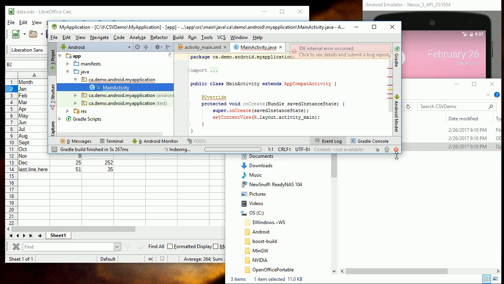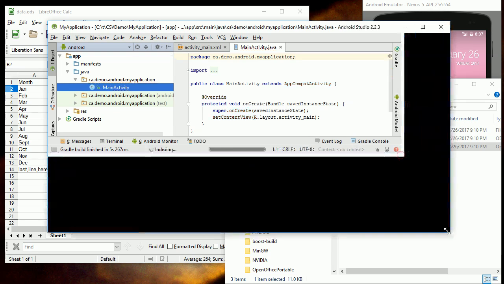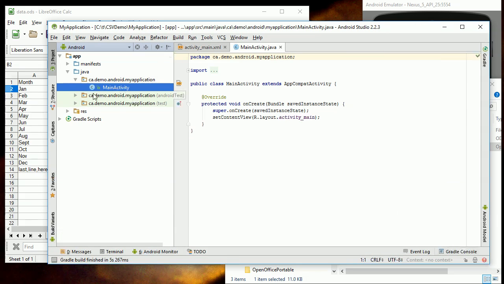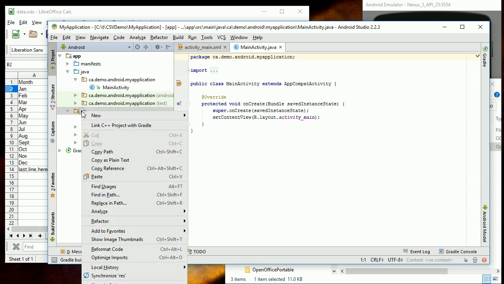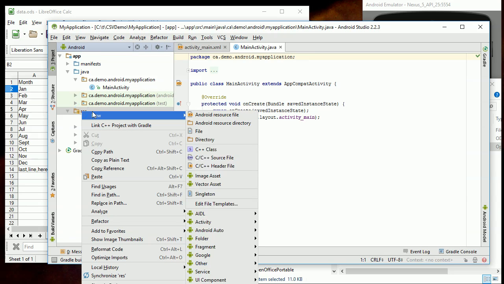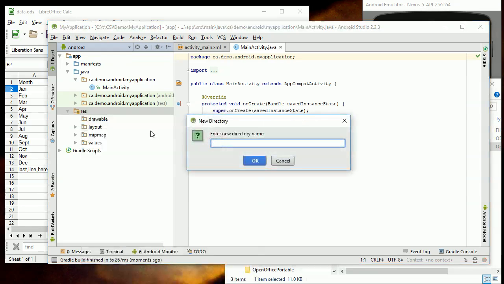So now what I want to do is somehow get it in here. I'm going to put it in through the resources. So on the left-hand side here, there's a resource folder, and I've got a number of folders here already. I want to actually create a new one for a raw file, so something that Android doesn't really process for me, it just gives me access to. So I'm going to say a new directory. So I right-clicked on the res, said new directory, and then in here I can type in, oh pardon me,